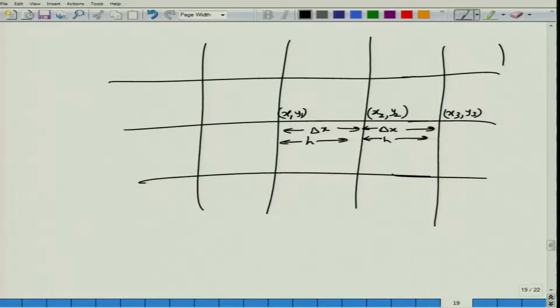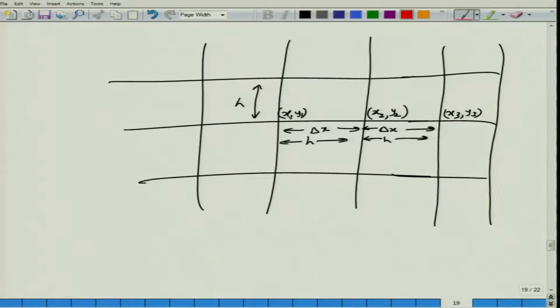So I am assuming that every grid point is actually with a spacing of h. Even the top lines or the horizontal lines are spaced by the same value of h. There is no restriction that this has to be this way, but it simplifies our introduction to the methods. In practice you do not have equal grid separation. There are regions where you want higher accuracy, so you discretize at a much finer size, and when you don't really want accuracy or the function is not varying much, then you use a larger value of h. But those are implementation aspects, we won't get into the details at this point.